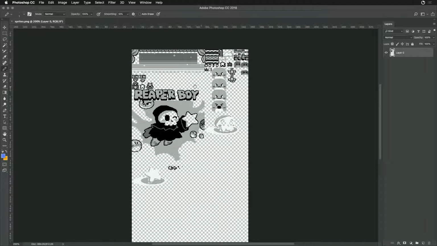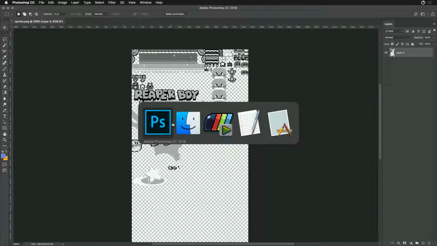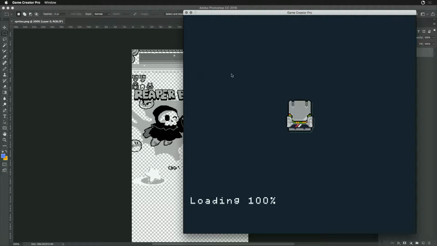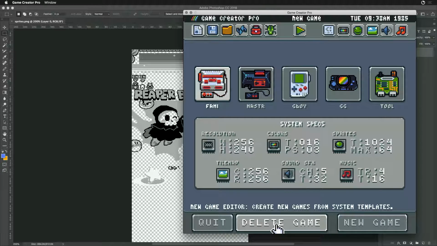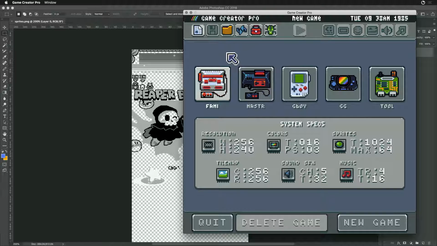And one of the problems we had was that we ran out of memory. So I'm going to illustrate how this works, and we're going to start from scratch. We'll go into the new tool here, and we're going to delete the existing game. And we're going to start with just a Game Boy template. I'm going to walk through how Pixel Vision 8 handles loading in sprites, how it handles color mapping,